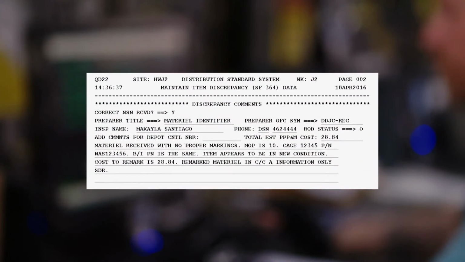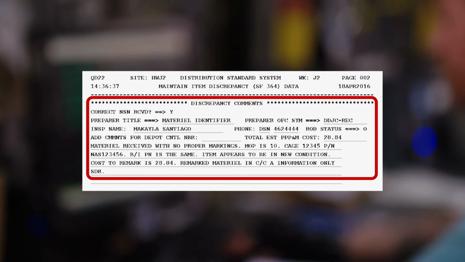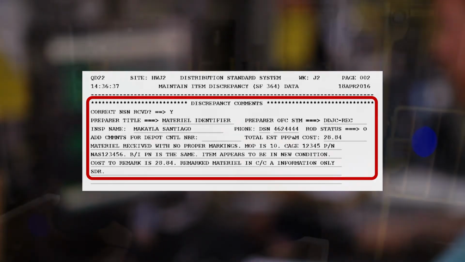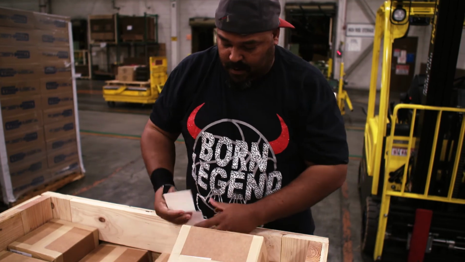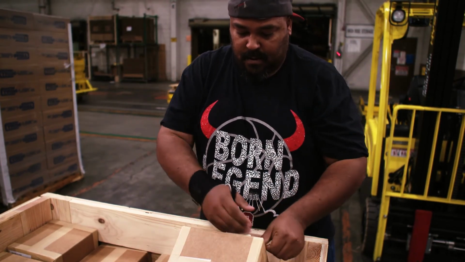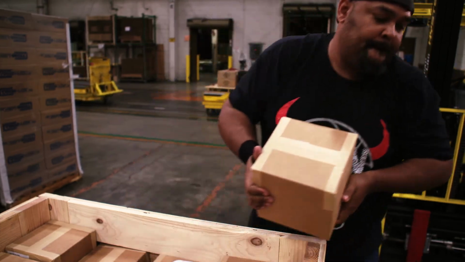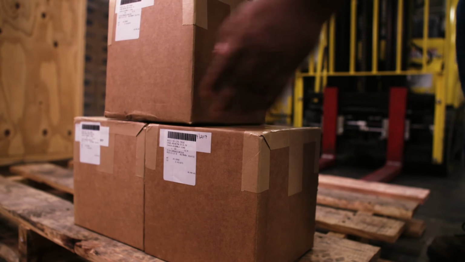It is very important to give detailed information about the discrepant material in the discrepancy comments block so the owner or supply center can visualize the problem before providing disposition instructions. The purpose of this exchange is to determine the cause of such discrepancies, effect corrective action, and prevent recurrence.